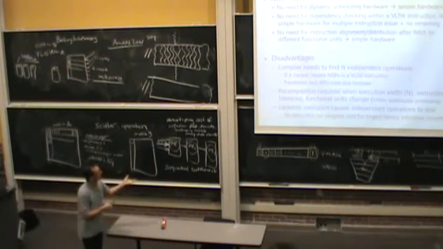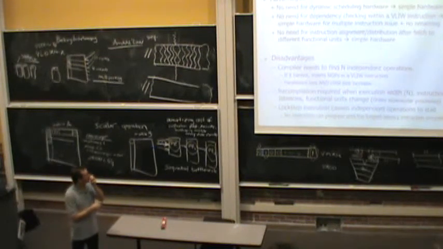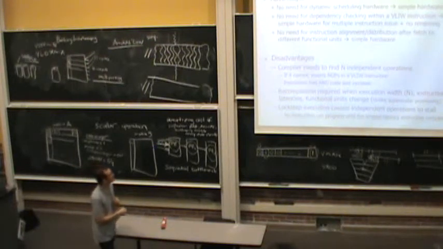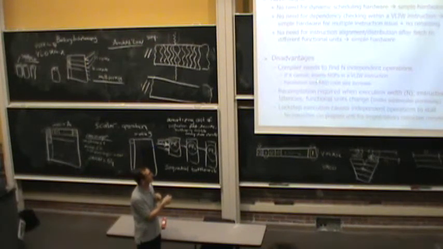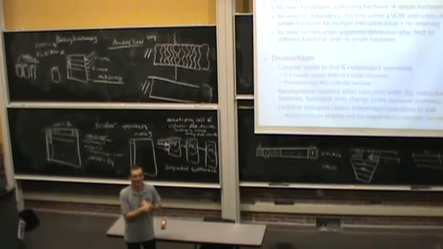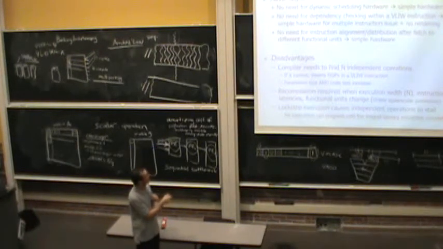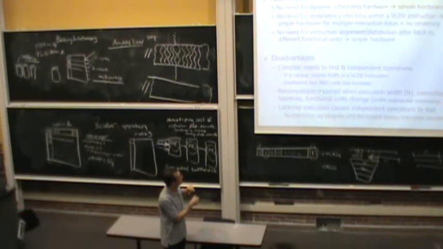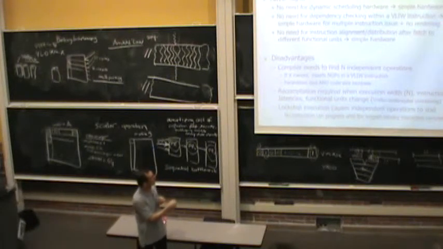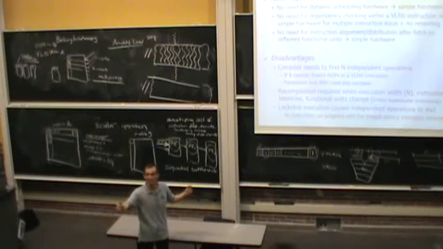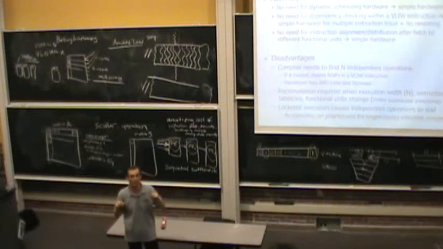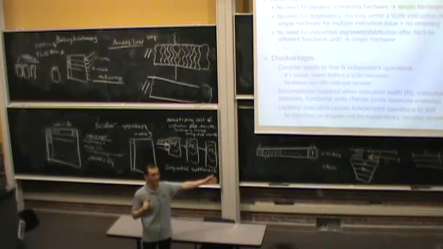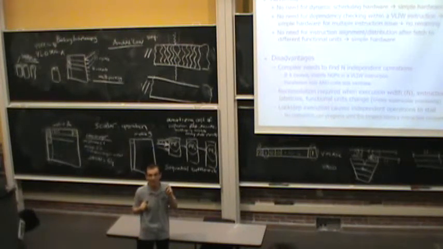Disadvantages, well, here it is. Compiler needs to find n independent operations, right? Whenever you want the compiler to find independent operations, if it cannot, what does it do? It inserts no-ops into a VLIW instruction. And this leads to loss of parallelism and code size increase. The other thing here is you need to recompile the code if, in the next generation of the processor, you change the width of the machine. If you want to fetch 28 instructions per cycle, whereas your previous generation fetched 7 instructions per cycle,